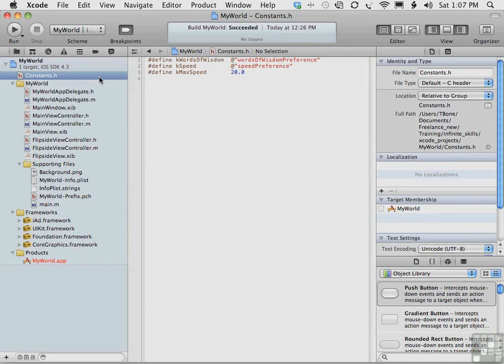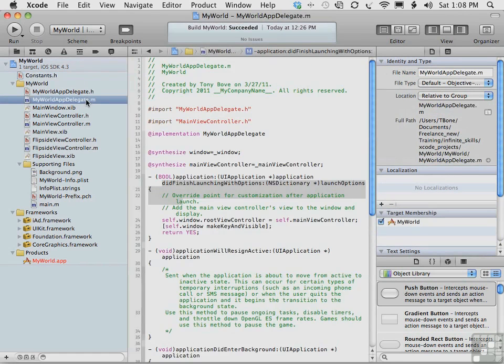If your app receives the NSUserDefaultsDidChangeNotification, the appropriate response would be for your app to reload the settings data and behave appropriately. To get that notification, you need to register for the NSUserDefaultsDidChangeNotification message. And you do that here in the MyWorldAppDelegate file in the applicationDidFinishLaunchingWithOptions method. So let's add this notification system first to